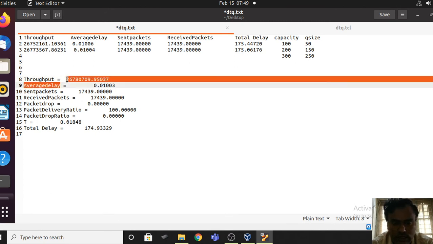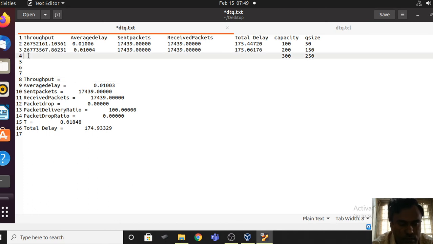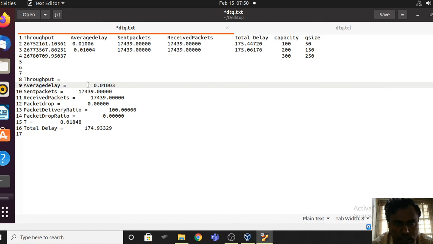Let us increase the speed. Control X. Control B. And then average delay.